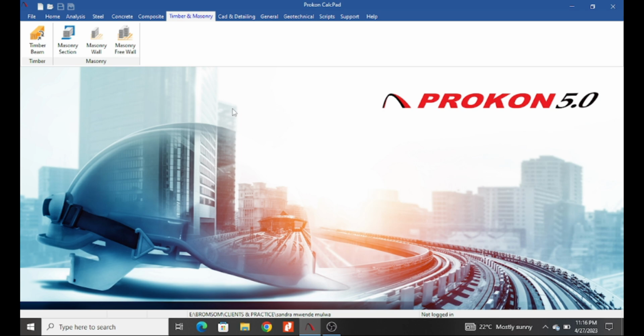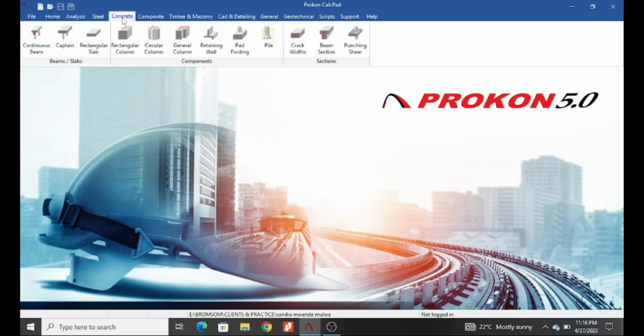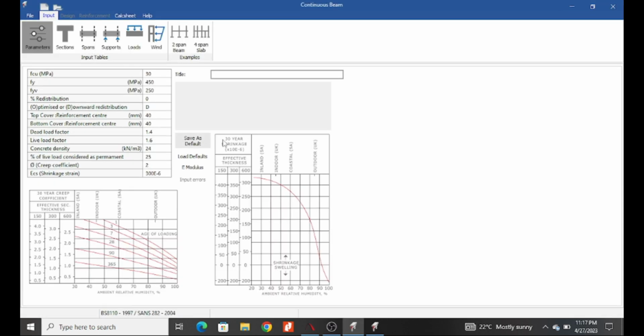Now, something I would like to mention, the good thing with this Procon version is once you open any member, let me use maybe continuous beam. Once you open any member, it has examples that are ready. Yeah, right here. So you see it has a 2-span beam and a 4-span beam example.